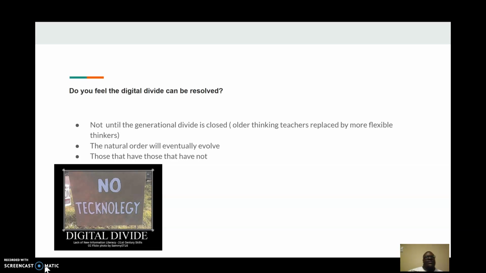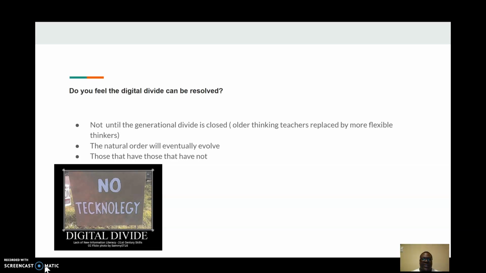Do I feel that the digital divide can be resolved? I think when we talk about the digital divide, it comes down to a matter of mindset. I think there is this idea of older thinking versus newer thinking. And there are those of us who are going to hold on to our sacred practices, right? Versus opening our minds to new ways of thinking, and ultimately doing what's best for kids here and now in